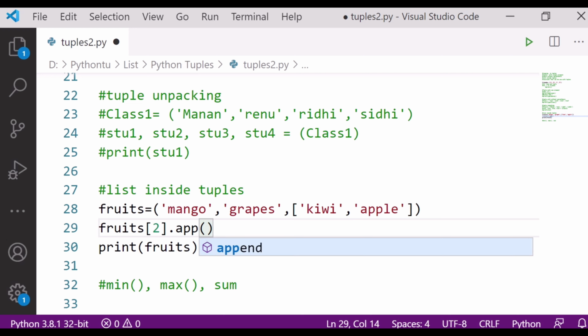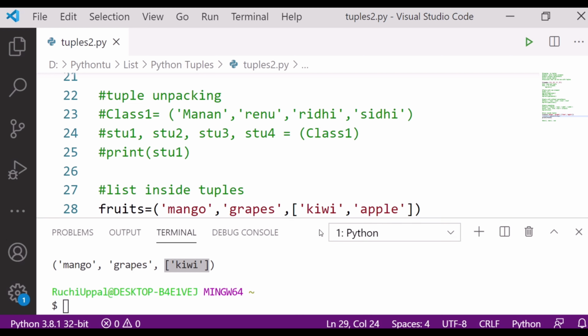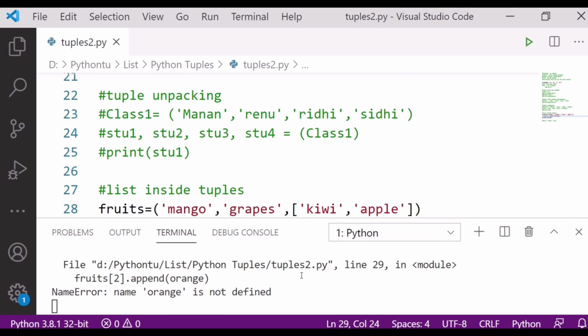Append at second position. What is to be appended here? Suppose I write orange. Let's see the output: orange is not defined.